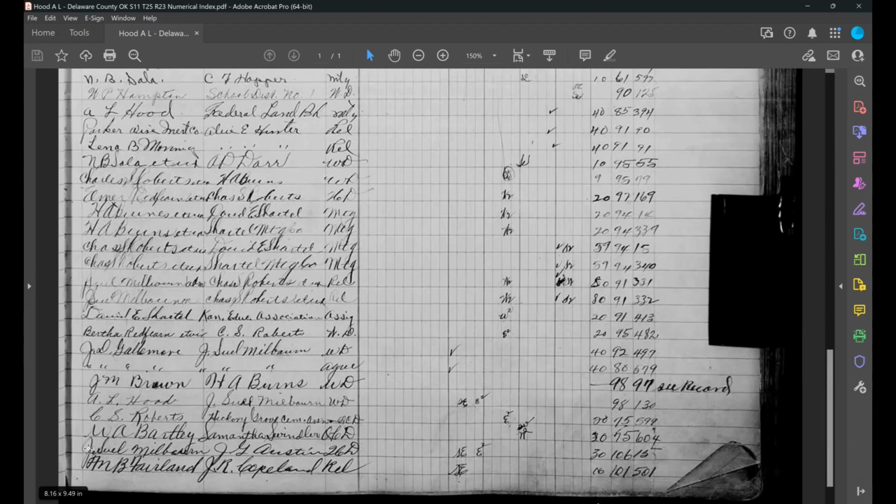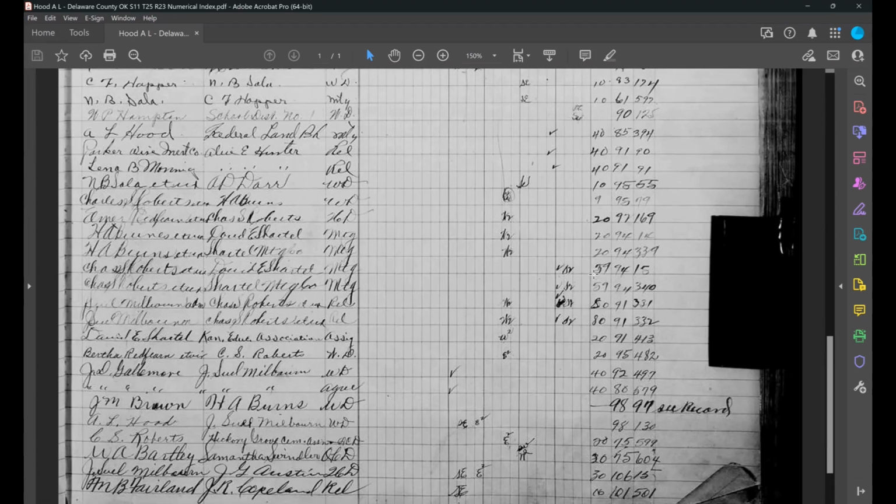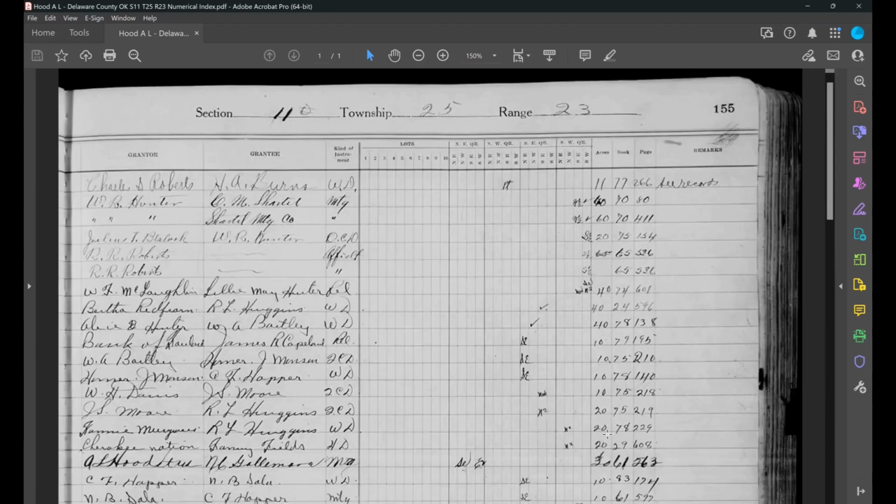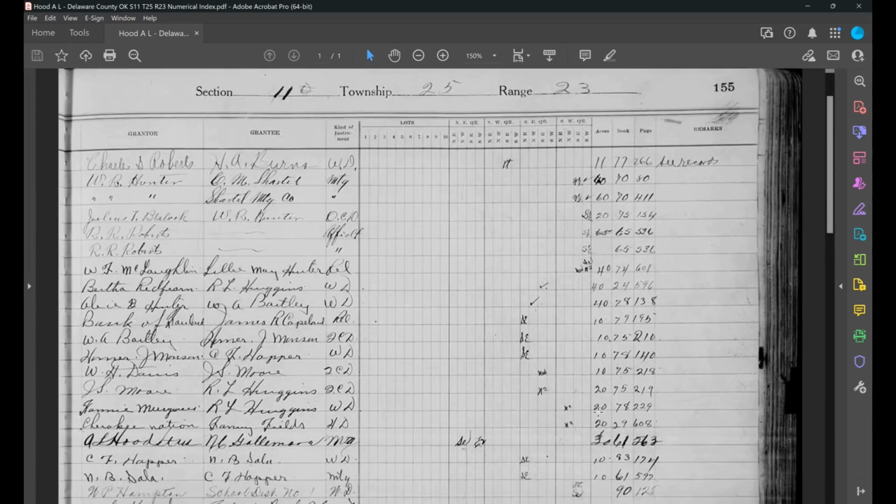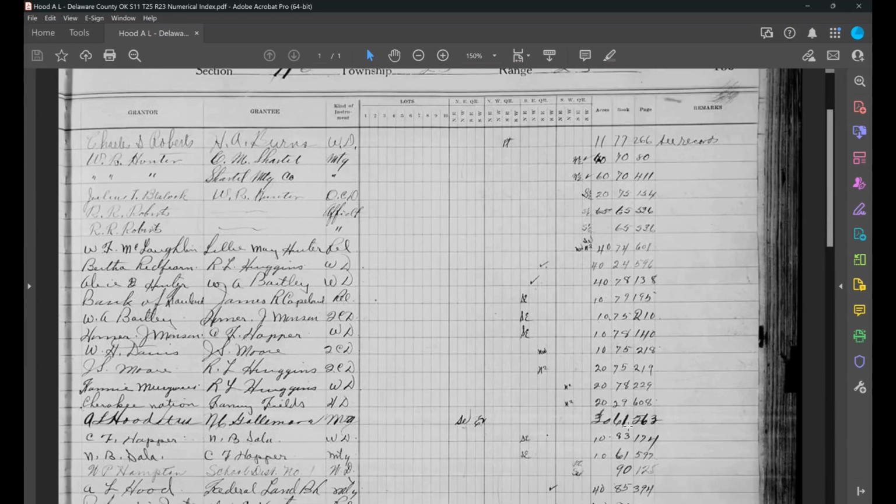And then this J. Sewell Milburn gave a warranty deed to J.G. Austin later on. And over here to the right, it's giving me how many acres the property was and the book and the page number for that record. So it's 30 acres.